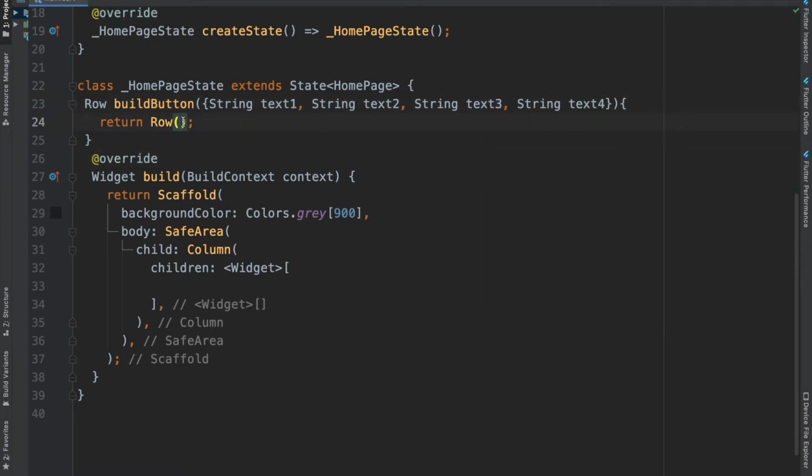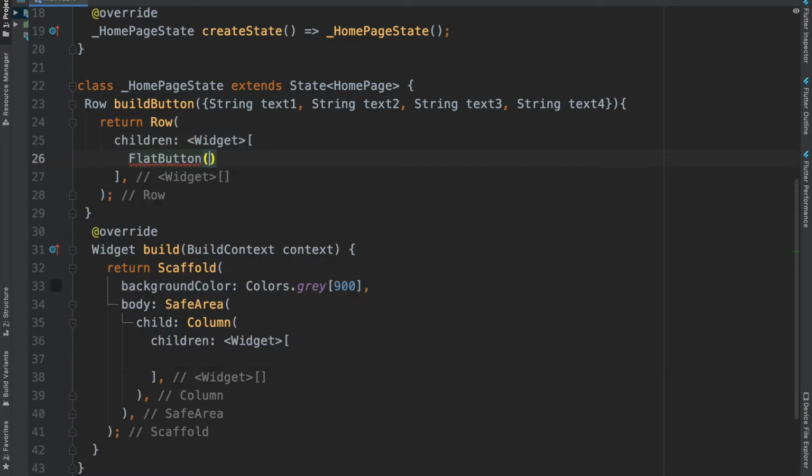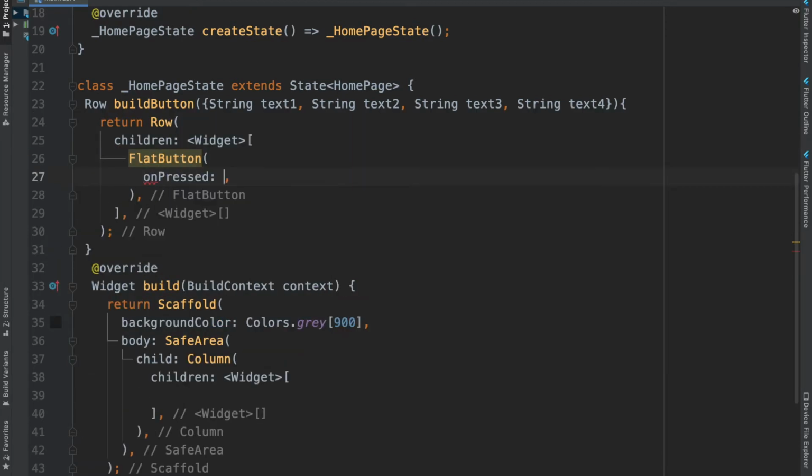So the children of this row widget will contain 4 flat buttons. Let's add them here. We'll keep the onPressed null for now. And each flat button here will contain a text widget as its child.